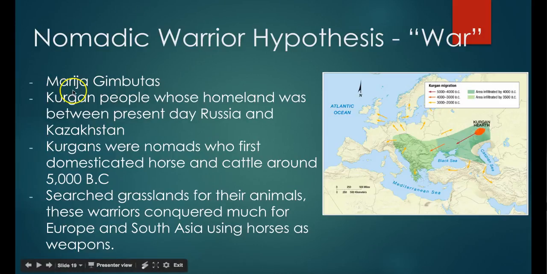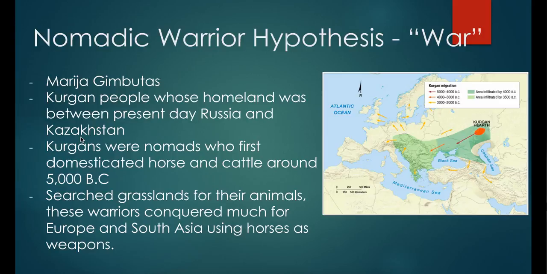This is going to be by Maria Gimbutas. I'm not 100% sure on how to say that name, but kind of associate this hypothesis with the nomadic warrior. So when you think warrior, you're thinking the war hypothesis. This is because this was spread largely because you had these Kurgans here who originally were from Russia, present-day Kazakhstan,